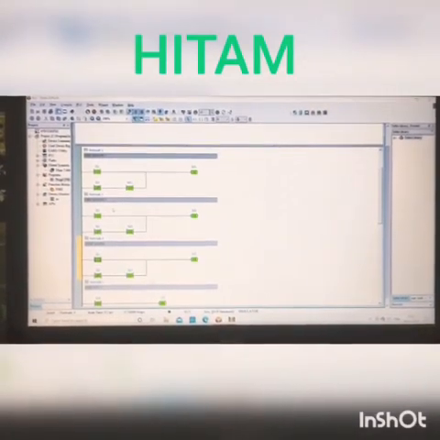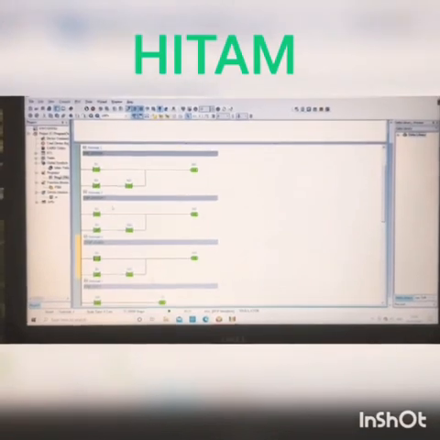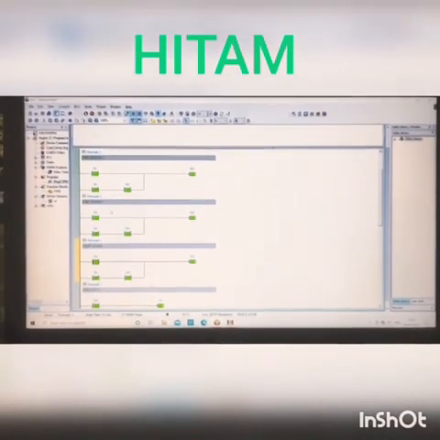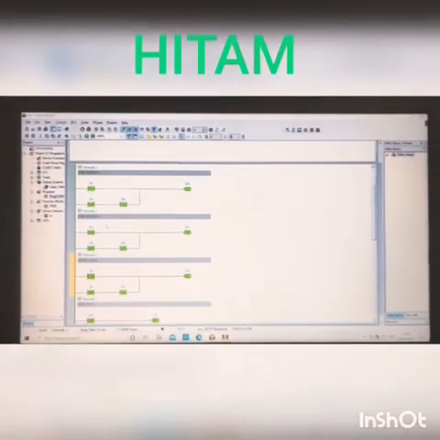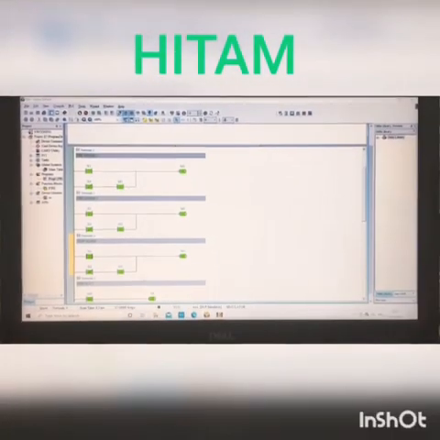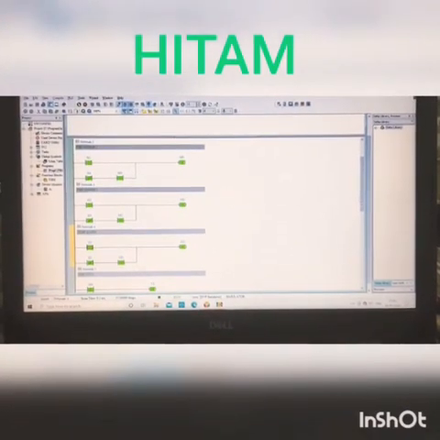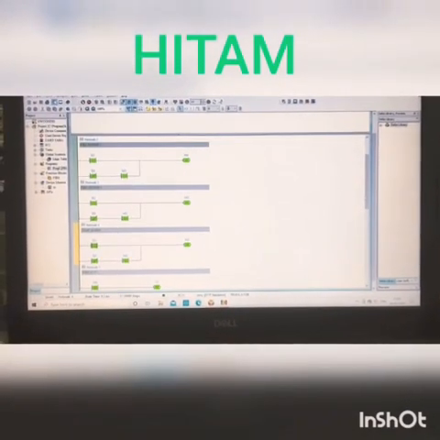Already I have honored all the sensors, like fire detector sensor 2, fire detector sensor 3 and the temperature sensor also. Here you can see that everything is in activation state. X1 is in activation state, X2 is also in activation state, and X3 is also in activation state, which is nothing but the temperature sensor.